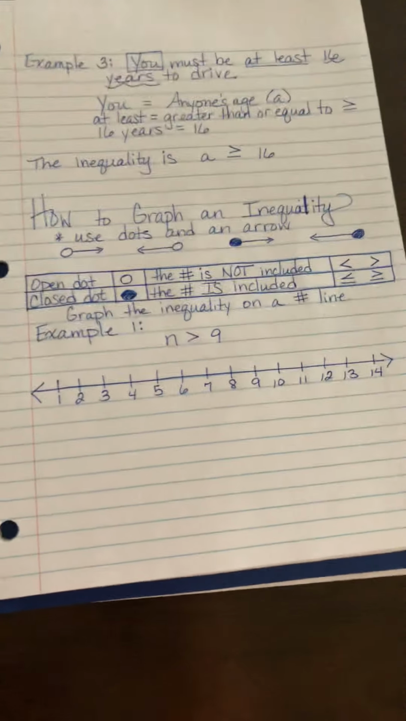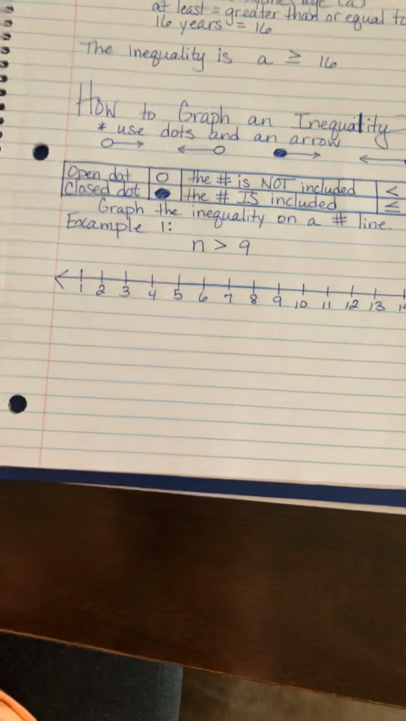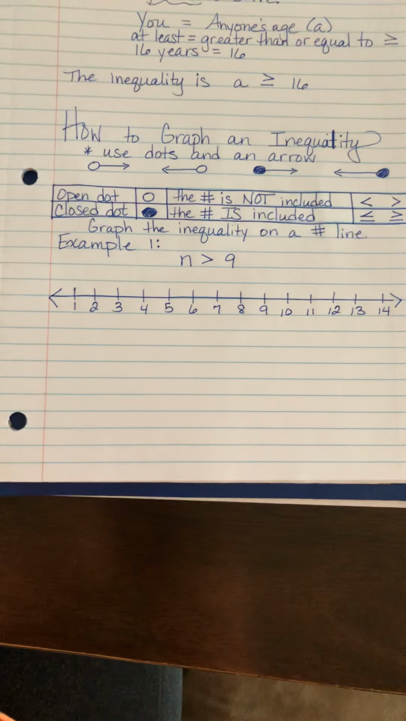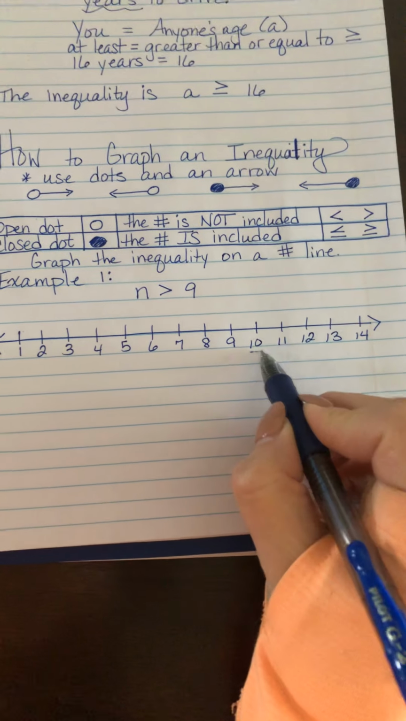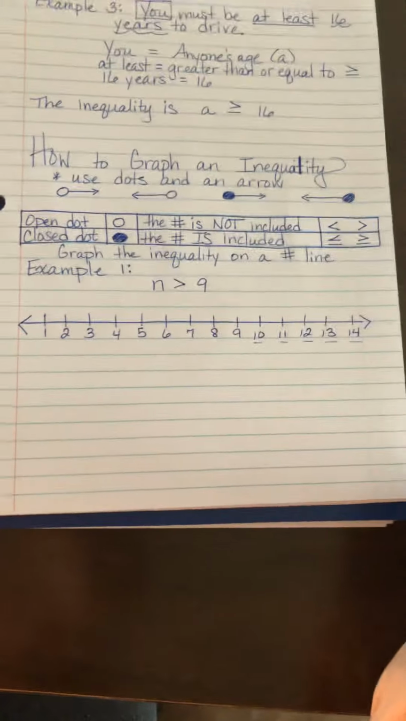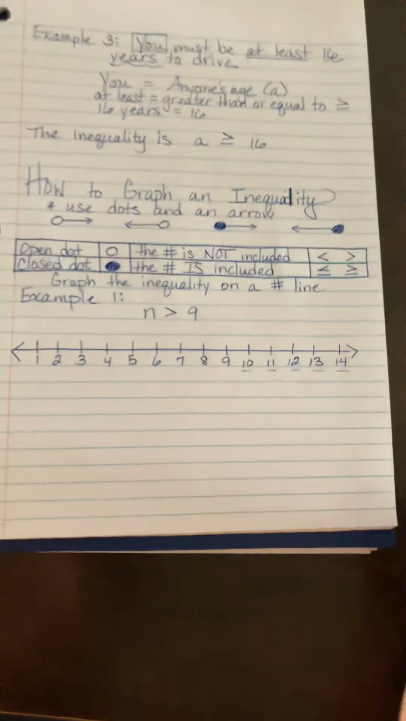Now, am I going to include 9 in this? So I ask myself, well, is 9 greater than 9? No. What numbers would be greater than 9? 10, 11, 12, 13, 14. Yes, that's the direction in which your arrow is going to go. But because 9 is not included, I'm going to